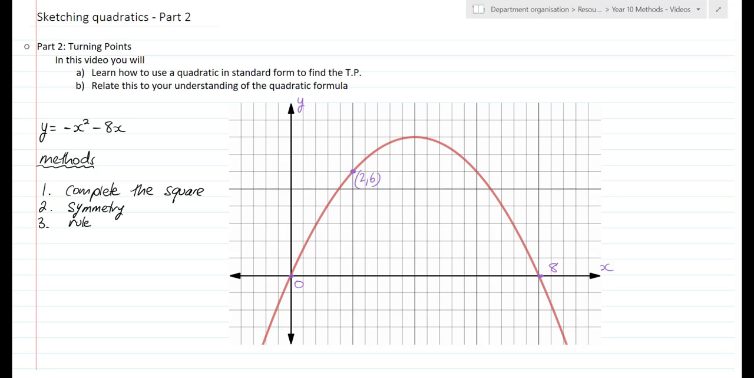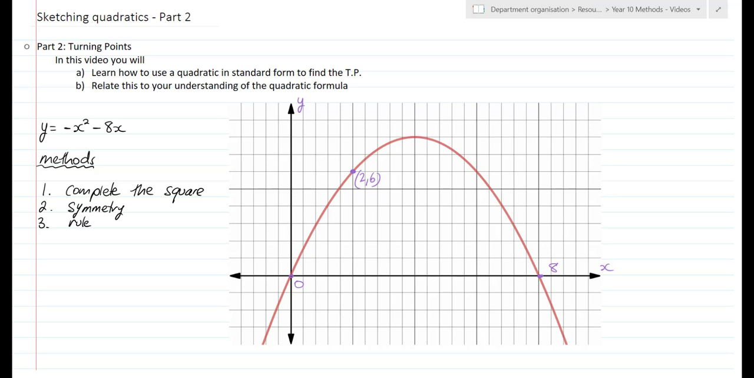And in this video we're going to spend a bit of time talking specifically about turning points and how we can find them. Now you've spoken about turning points before and you've probably explored them a fair bit. But in this video we're going to talk about how you can find turning points using three different methods. And I'm actually going to do it using a standard function, which you can see, y equals negative x squared minus 8x, and completing it using the three methods I've listed: by completing the square, by symmetry, and by